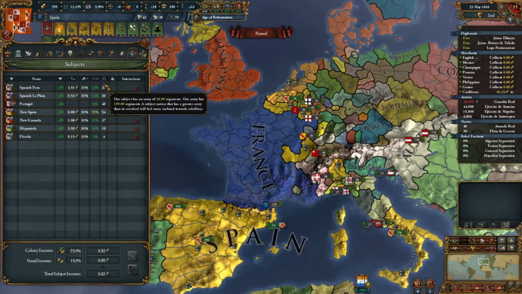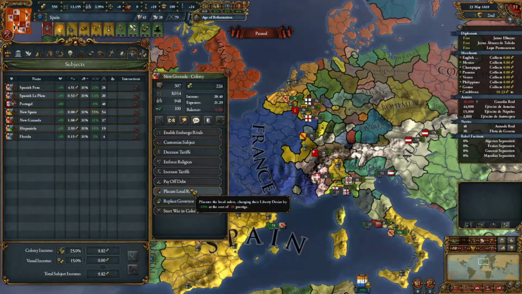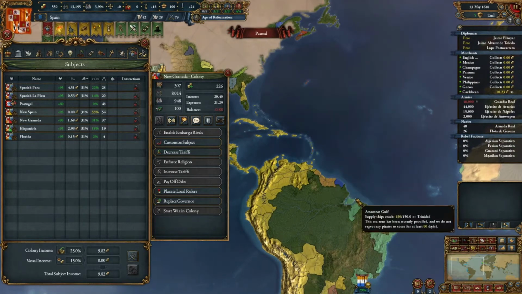But there are some other interactions. There are some new interactions with colonies. You can replace a governor. You can placate the local rulers. You can still increase and decrease tariffs, but there are so many other things, right? You can pay off their debt. And importantly, with a colony, if they have a CB on someone else